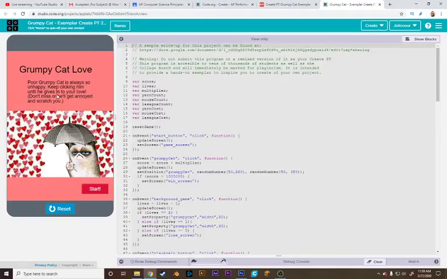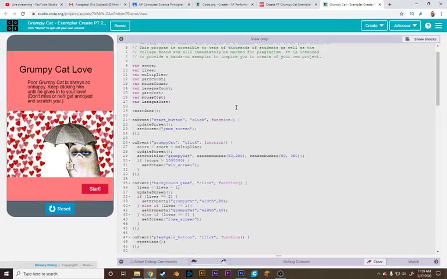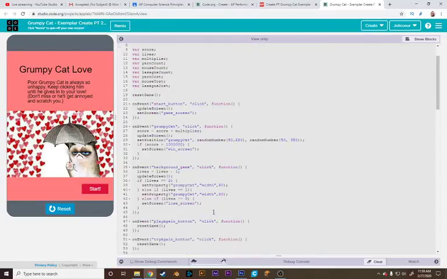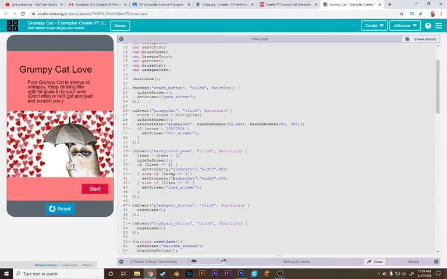So what was special about this? Why did this meet the needs of the create performance task? Let's take a look at some of the code first. So we have variables, we have functions that do the appropriate abstraction, and we're still going to talk about abstraction in a more formal setting. I think I'll save that even for Monday. But we have some algorithms here that are taking place as well, like this.